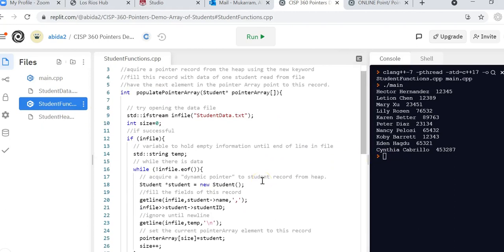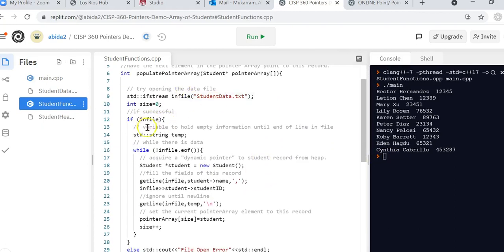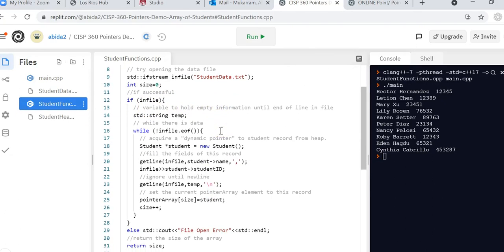Now in order to populate, of course the first thing we do is open the file, check and see if we've opened it successfully. And then this is the key addition. What I have here is I'm creating a temporary record, and I'm creating it in an area of memory called heap. And when I use the keyword new, this means fetch me a fresh record from the dynamic area of memory. And that's how I have created just one single record. This is just one single record, and